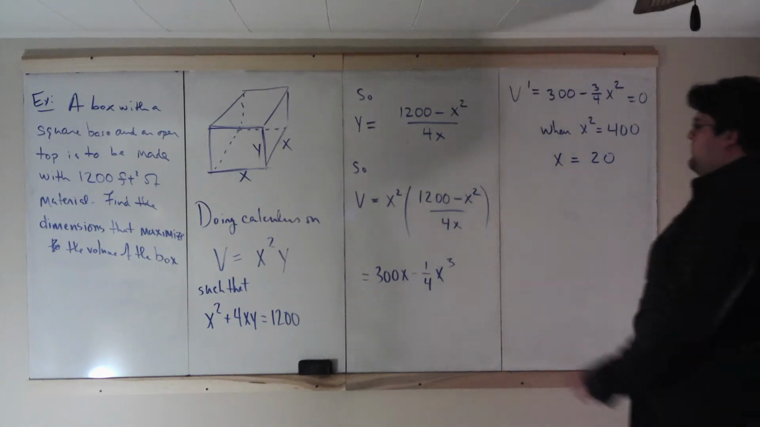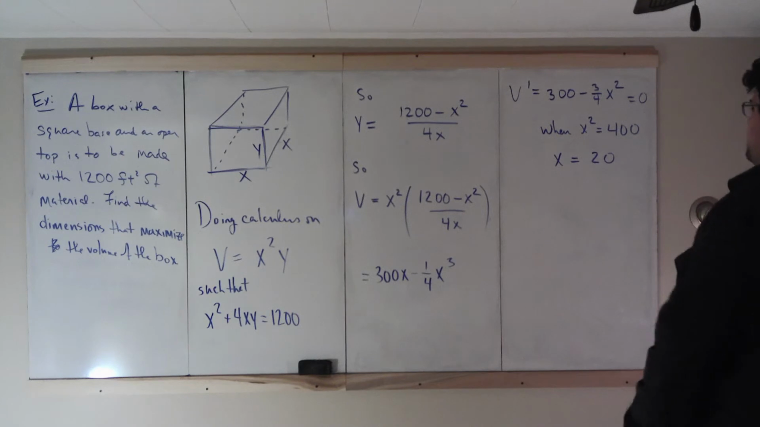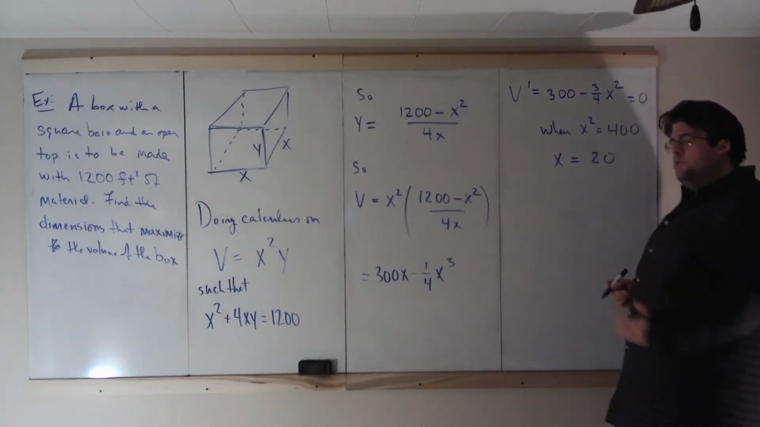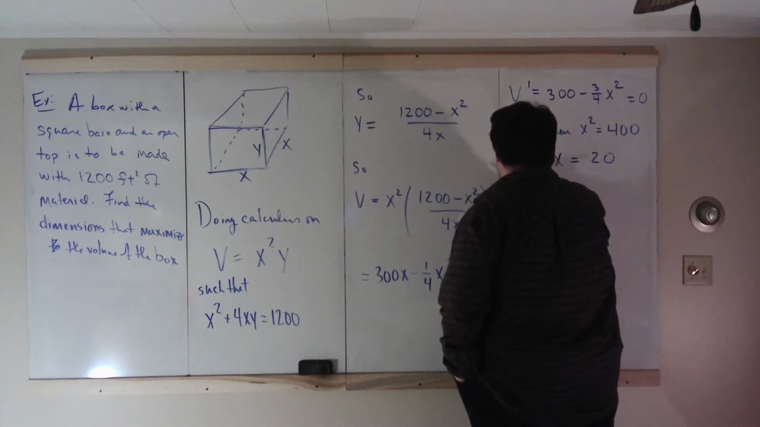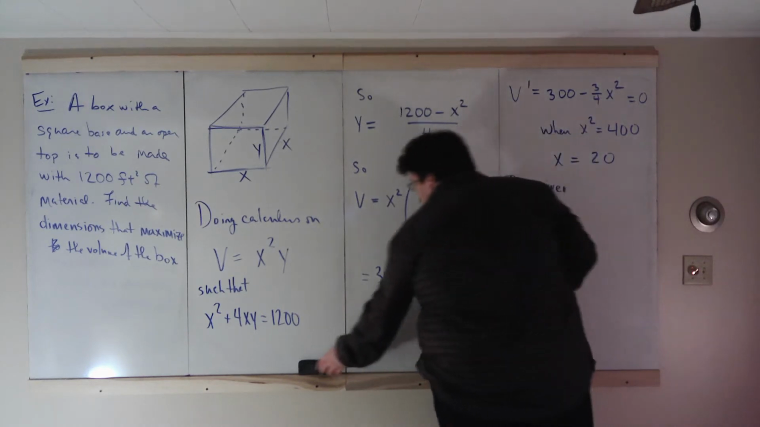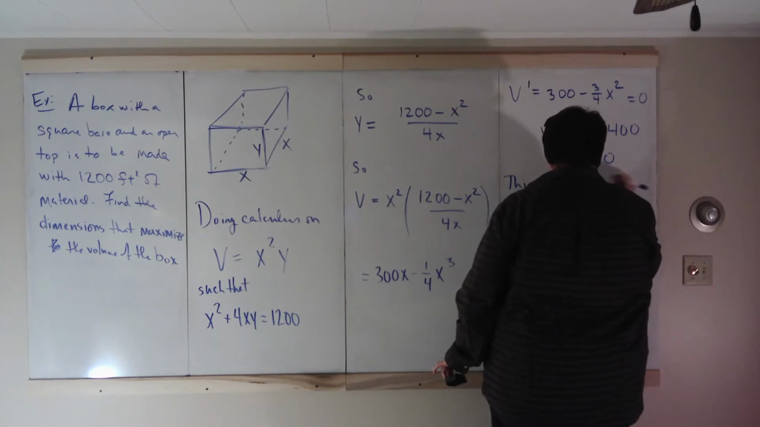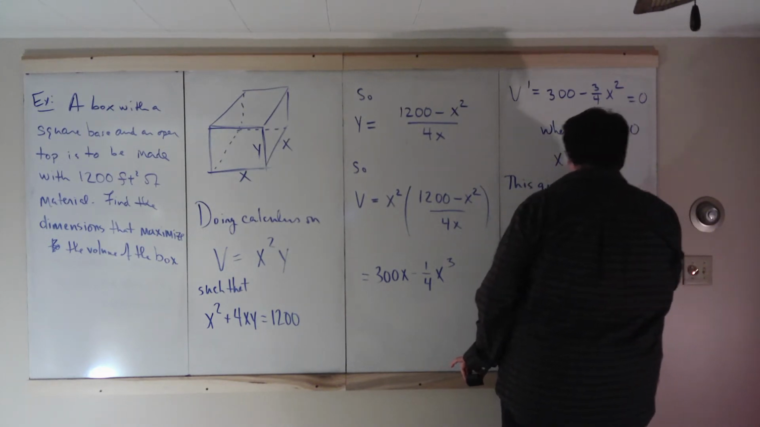We have x equals 20. Well, find dimensions that maximize the volume of the box. We don't know right now that this gives a maximum. In the other ones, we were able to conclude it's a maximum using the extreme value theorem. But here, we need to make an observation. And I'm going to use the second derivative to make this observation. This gives a maximum since